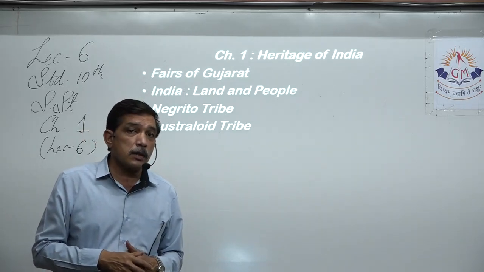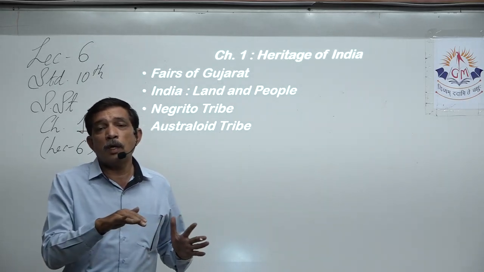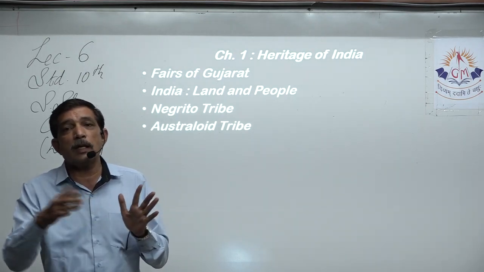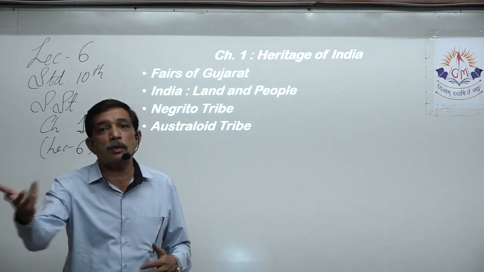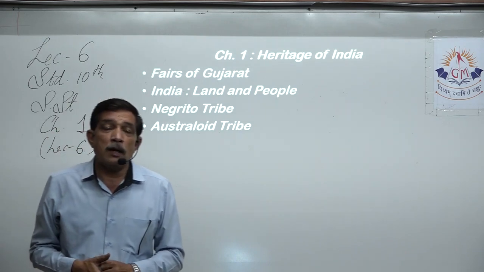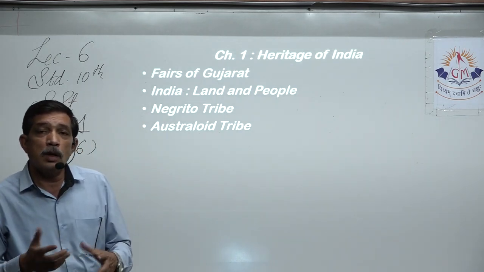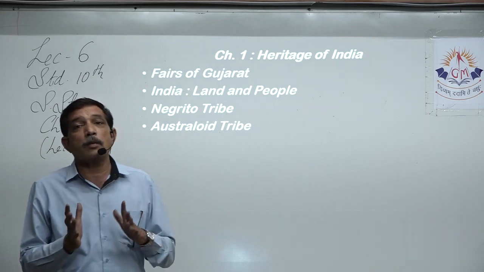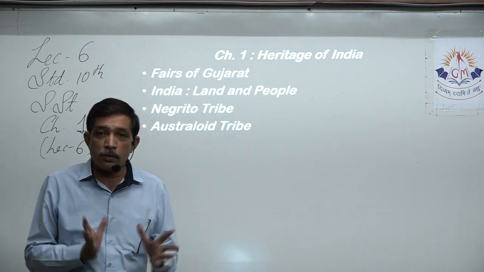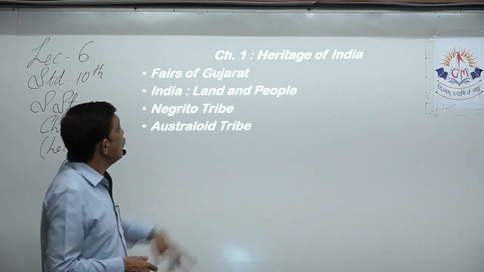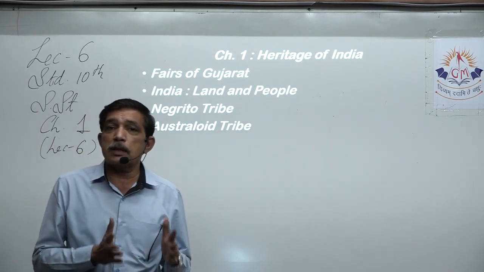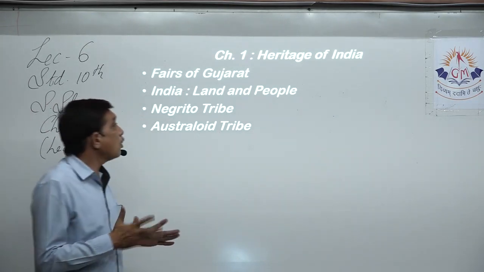It can be also asked, yes, that the following fair is held at Bhadarvi Poonam. Fill in the blank. You will have 3 options at the end. It can be also asked as one-liner. Which fair is held at Dang? Then Dang Darbar. Answer is Darbar. So that way, in any way, objectives can be created from fairs of Gujarat. It will not be asked in 2-mark, 3-mark or 4-mark, but it can certainly be asked in objectives.